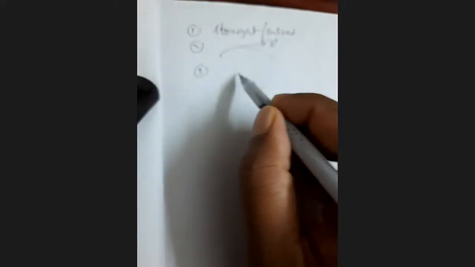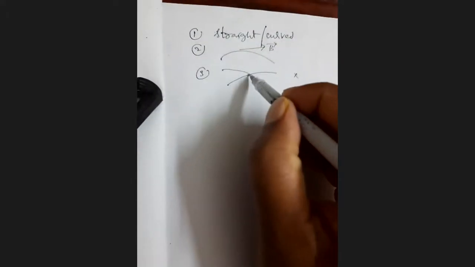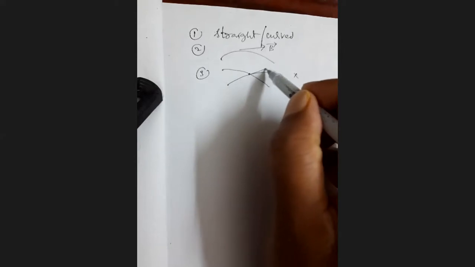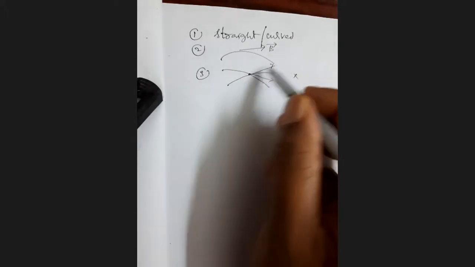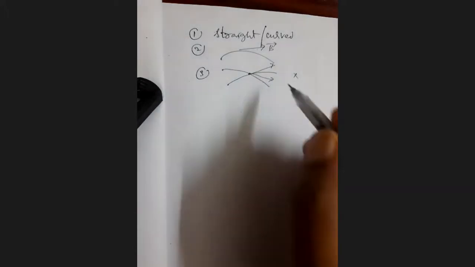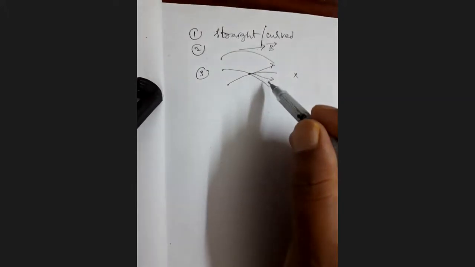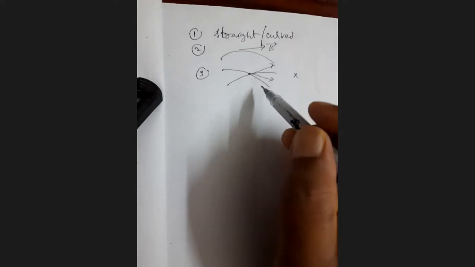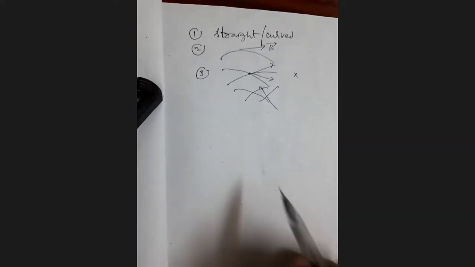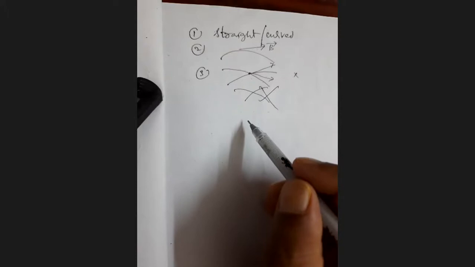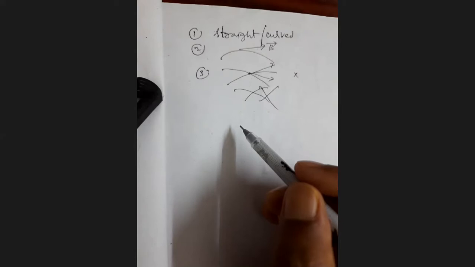The third property is that magnetic lines of force never intersect. If they intersect, at the point of intersection the field strength will have two directions because two tangent lines can be drawn. But it is absurd, it is a contradiction. The field strength is a vector quantity, therefore it should have a single direction. Hence, no two lines of force intersect each other. Where the lines of force are crowded, their field strength is maximum. Where the lines of force are distant, the field strength is less.